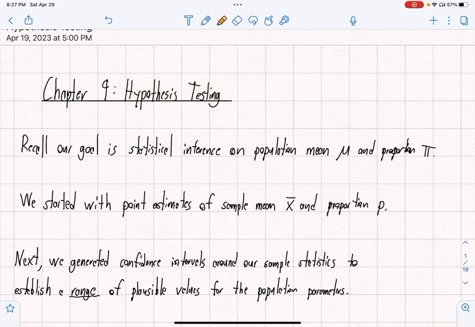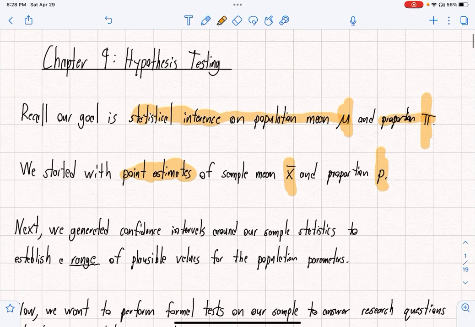But let's just recall that our goal here has been statistical inference, right? Statistical inference on a population mean and a proportion pi. So we're interested in these population parameters. We take a sample, we get these point estimates, right? So if we're interested in the population mean, then we will get a point estimate of the sample mean x bar. If we are interested in the population proportion pi, we will get a point estimate from our sample and call it p. Okay, that was, I think, chapter 7. I don't even remember. Yeah,